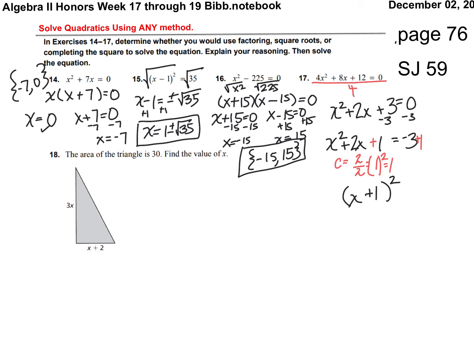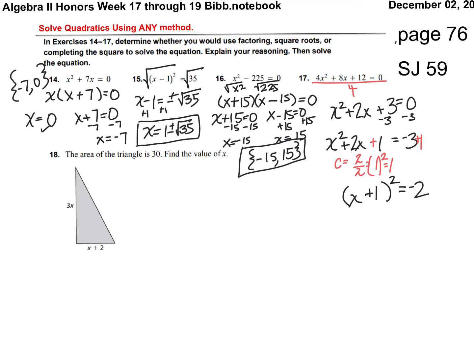Negative 3 plus 1 is negative 2. And I take that back. That will not factor. See, I mentally make mistakes all the time. That will not factor. Now let me tell you how I knew when I looked at this problem that it will not factor. I knew because